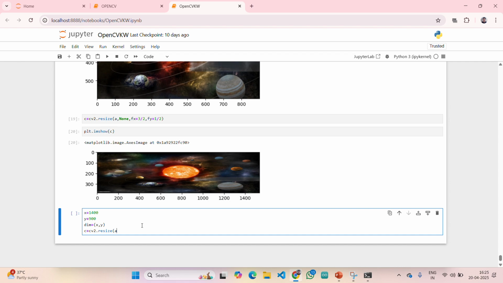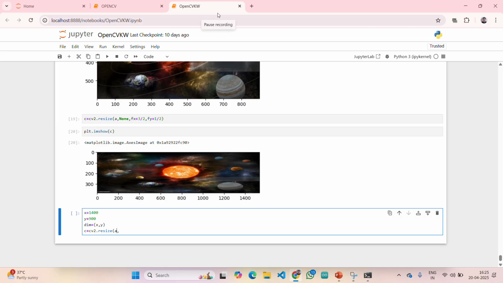Let me pass our original image itself, a, comma. There are also possibilities for different parameters. Now we are going to pass three parameters. One is the source image. Second thing we are going to pass this dim. And the third thing which we are going to pass is